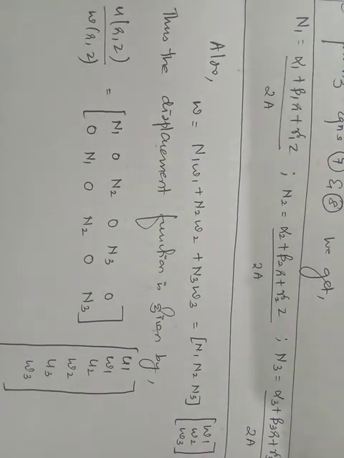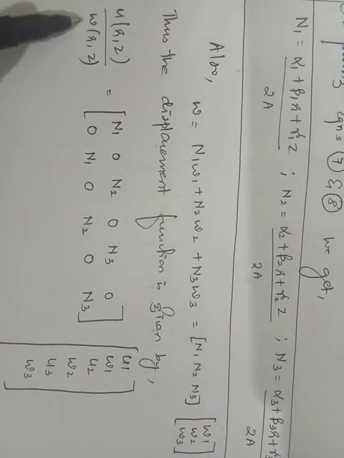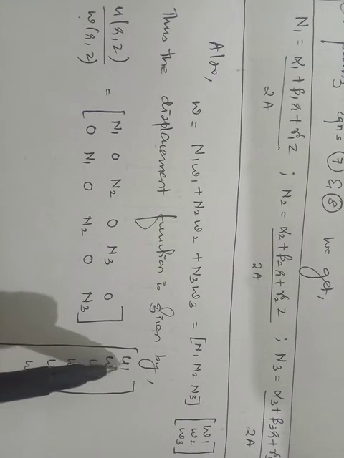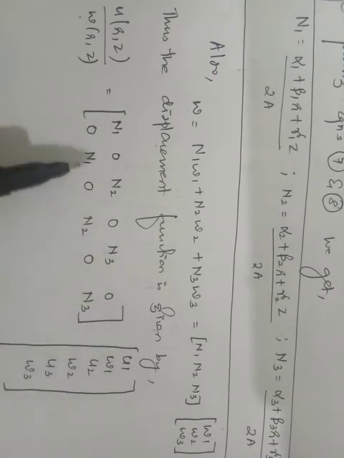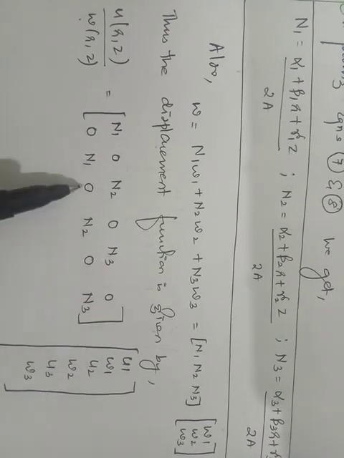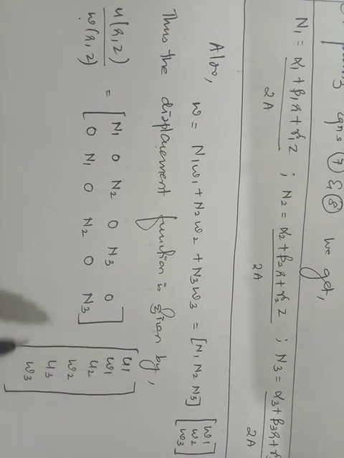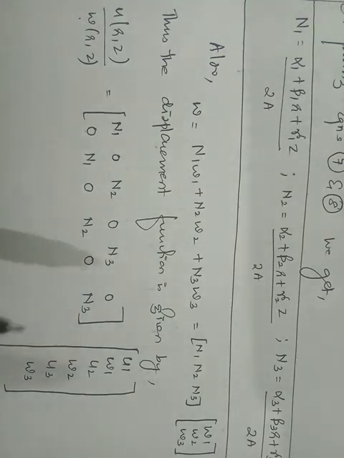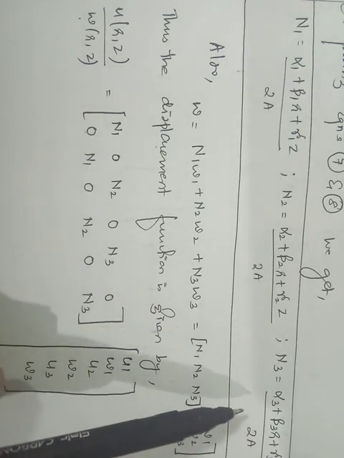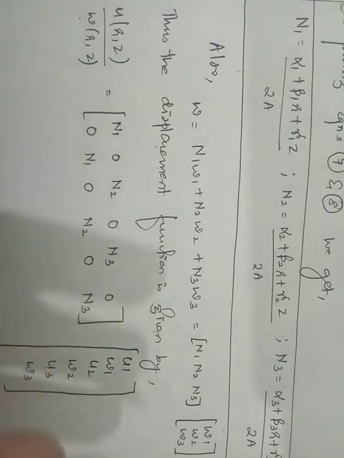Similarly, in the second step, I am writing for w where these u terms are not going to come, so u1 into 0 is 0, n1 w1, once again u term becomes 0, n2 w2, once again u term becomes 0, 0 into u3, and n3 w3. So this last step is just to show you how the displacement function is represented. This is not mandatory for you in your examinations, so you can stop your derivation at this particular point itself, right? So I hope things are clear.